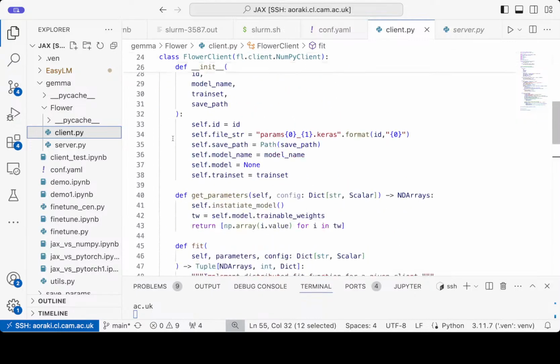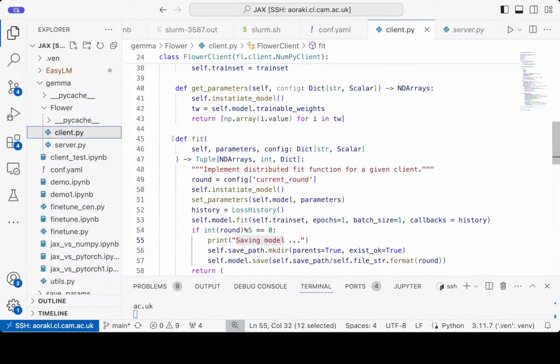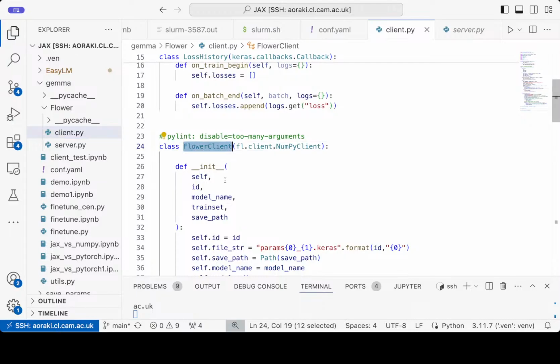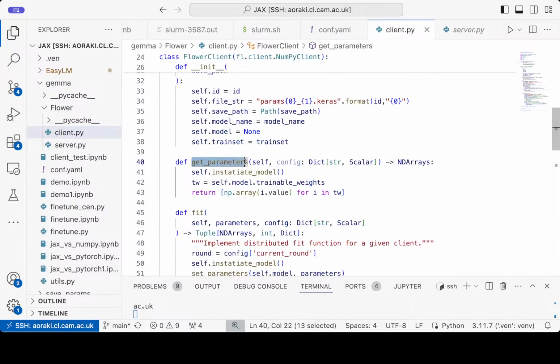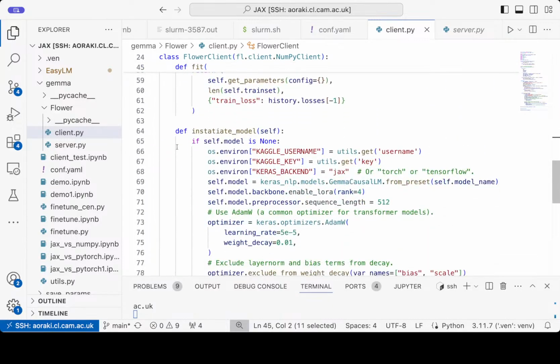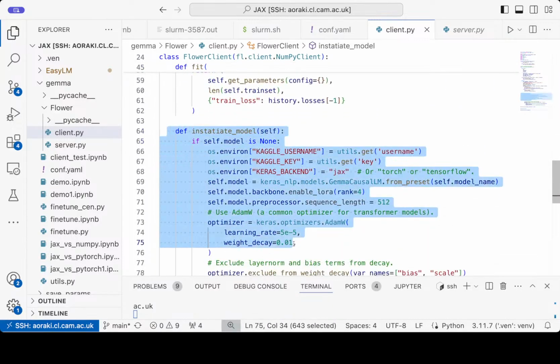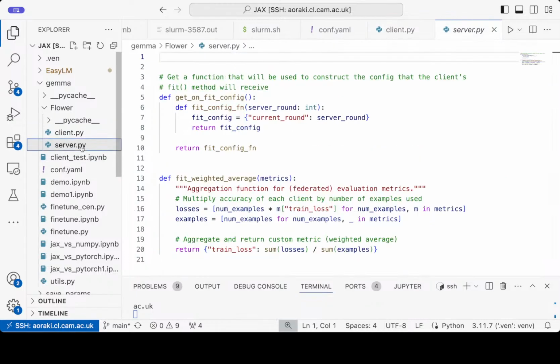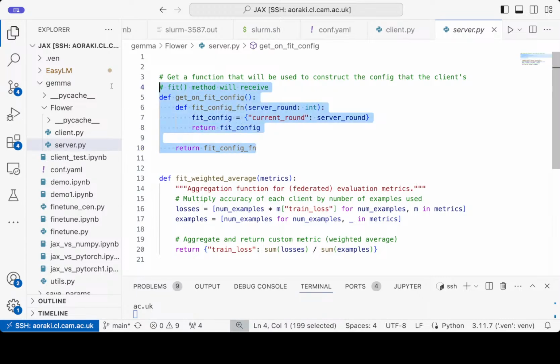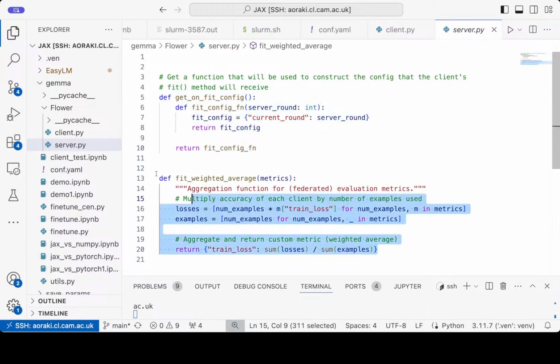And later on, I will also share this code with all of the participants here, so you can look through this. But essentially, your federated client has a way to share parameters, has a fit function, and in addition to that, has a way to create a model. That's pretty simple. The server itself has a way to get a configuration, which is to get the current round, and a way to average some results for us. So as you can see, yes, please.